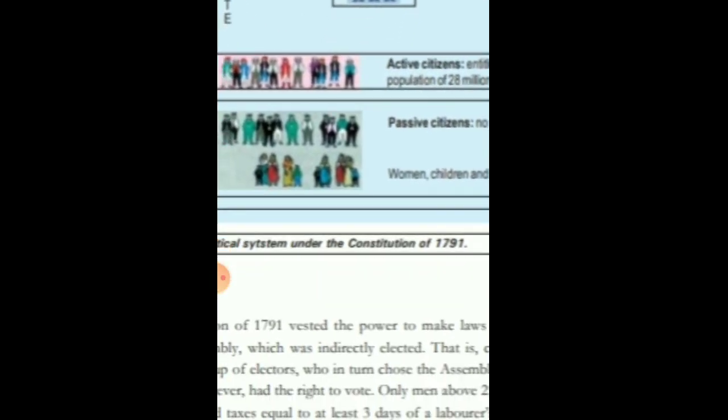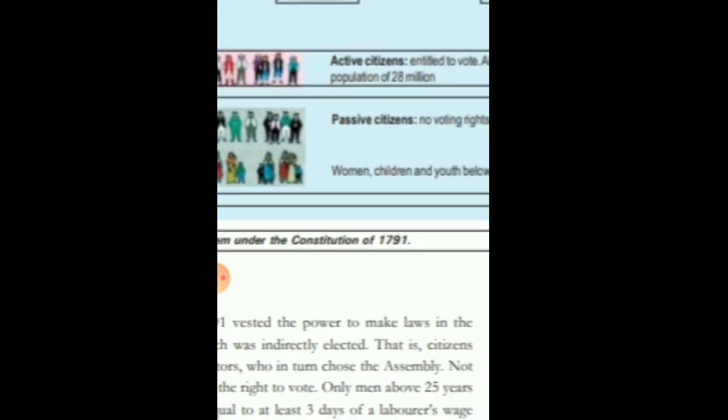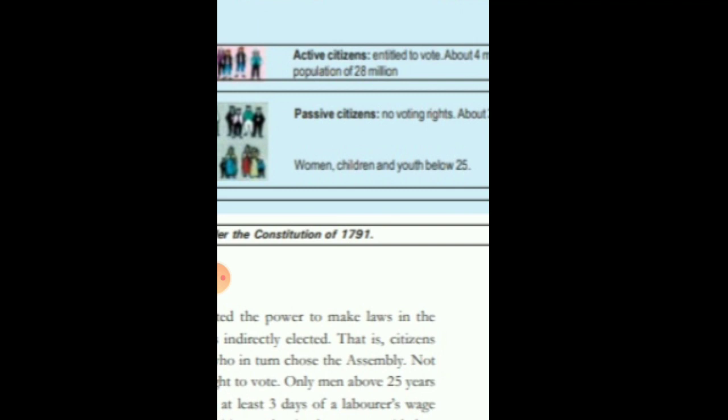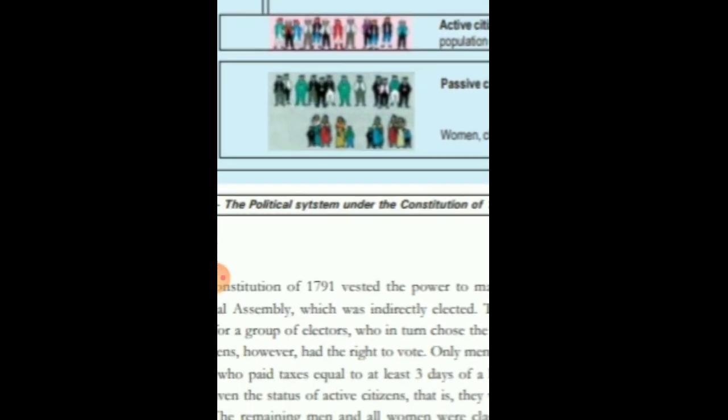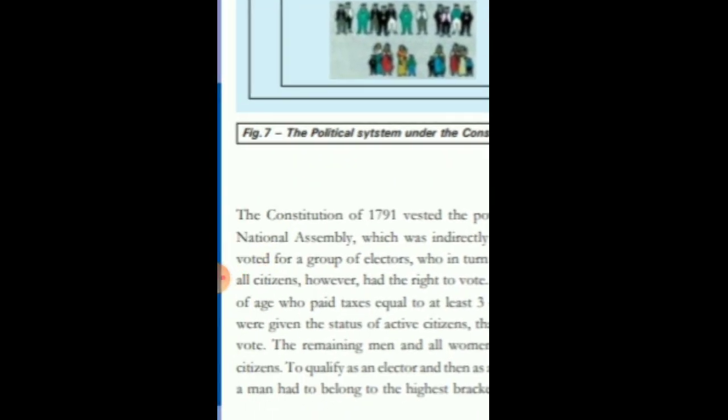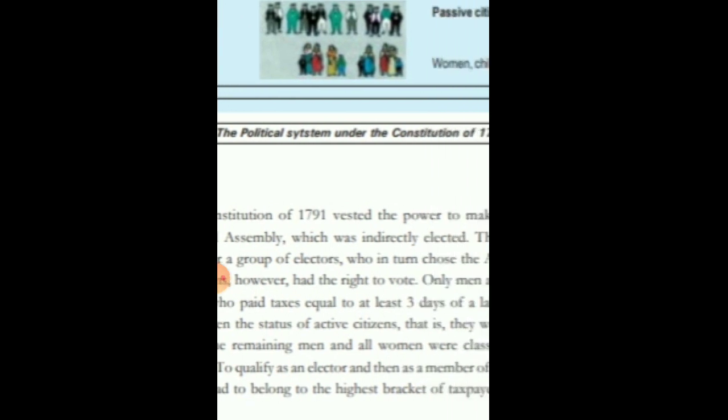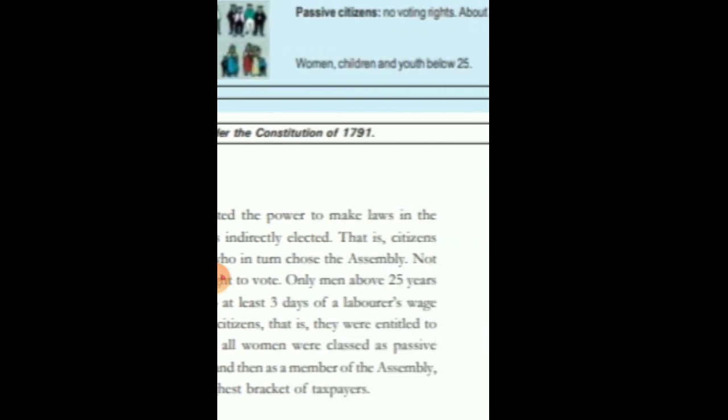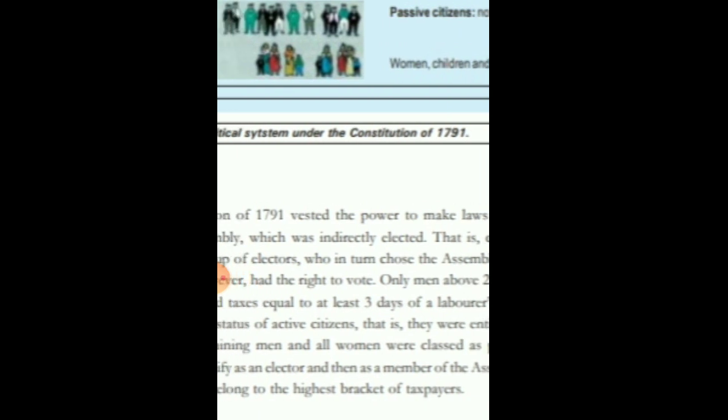After that, the citizens were divided into two parts. The first part was called active citizens, and the second part was called passive citizens. So, what is the basic difference between active citizens and passive citizens? Let us understand. The Constitution of 1791 vested the power to make laws in the